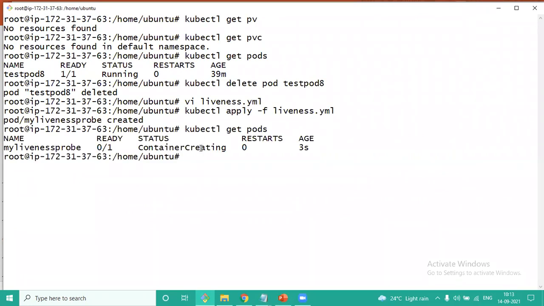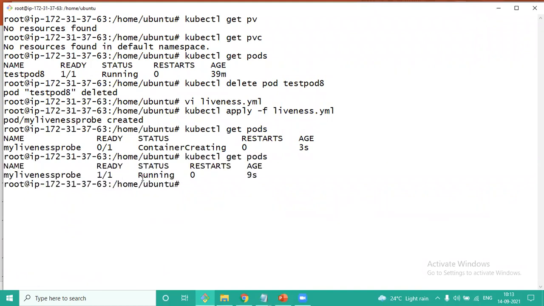So watch this, the container is getting created. The container is running. Now, if you go ahead and say